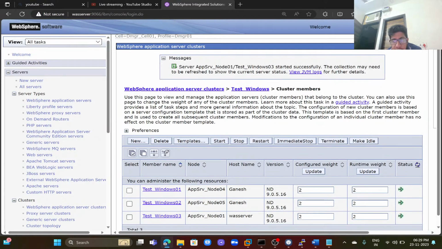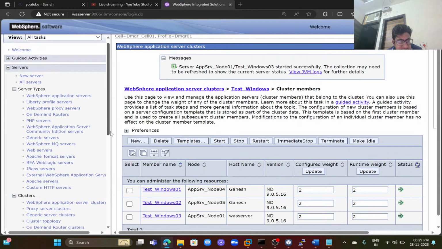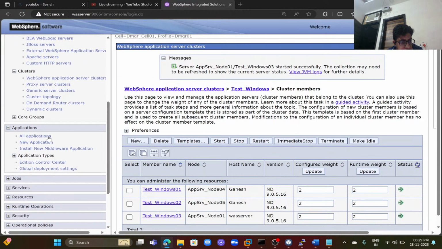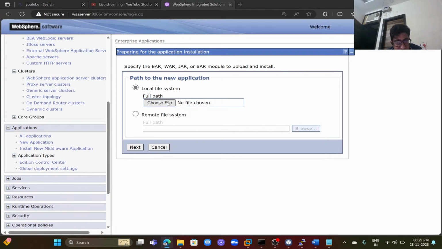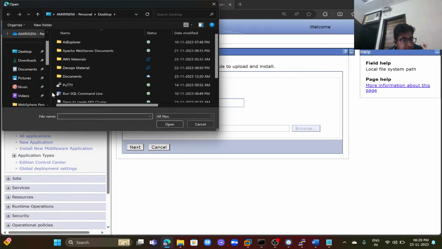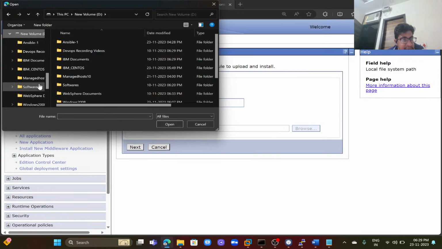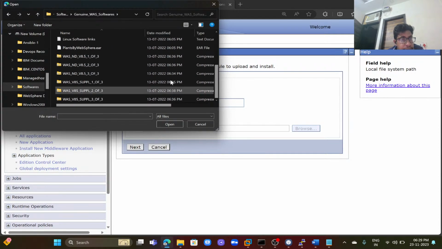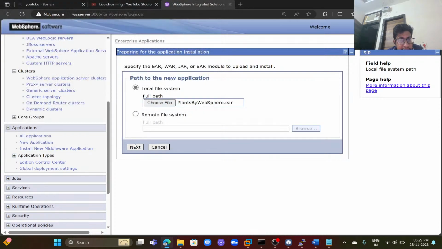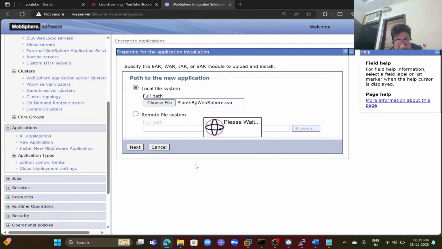Yes, I am going to the application. Click new application, new enterprise application, choose file. I have one plan by WebSphere here. I have the file here. I am selecting next,